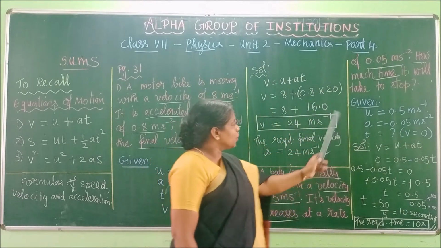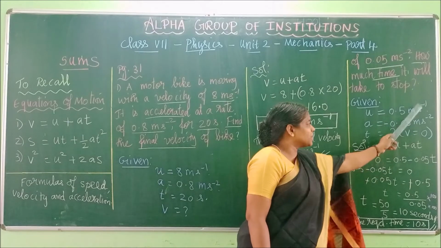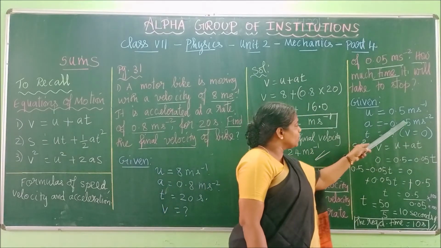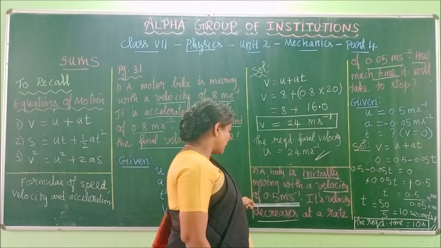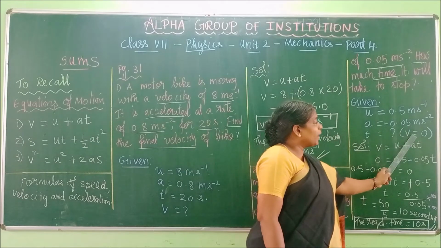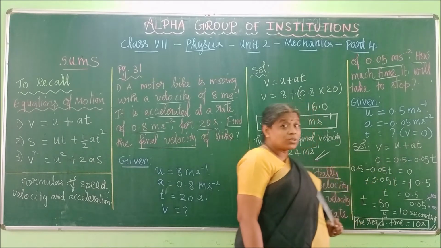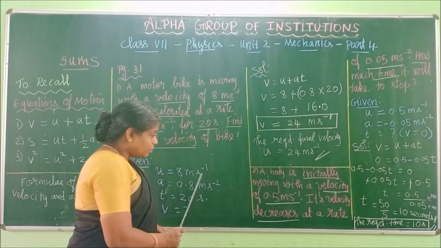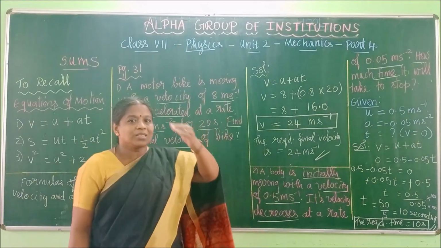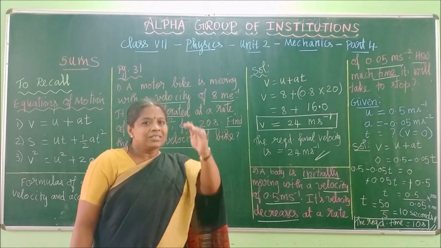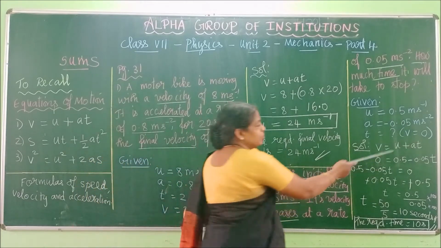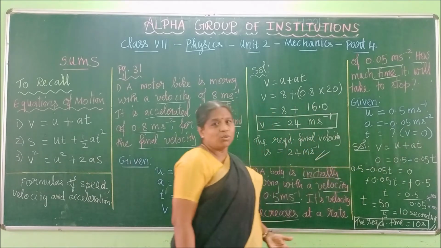Then the time taken, how much time it is taken, that we need to find. So u is 0.5 meter per second, which is the initial velocity here, and acceleration is 0.05 meter per second square here, right? And time is a question mark. Why is v equal to 0, children, I have written over here because its velocity decreases, I said. So its velocity is decreasing means what? Step by step it will come to 0 finally. So final velocity will be 0. That means it doesn't move, right?